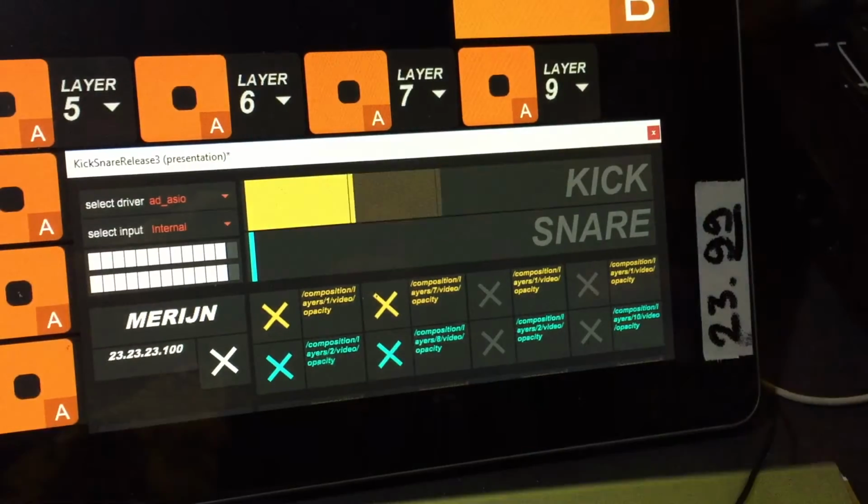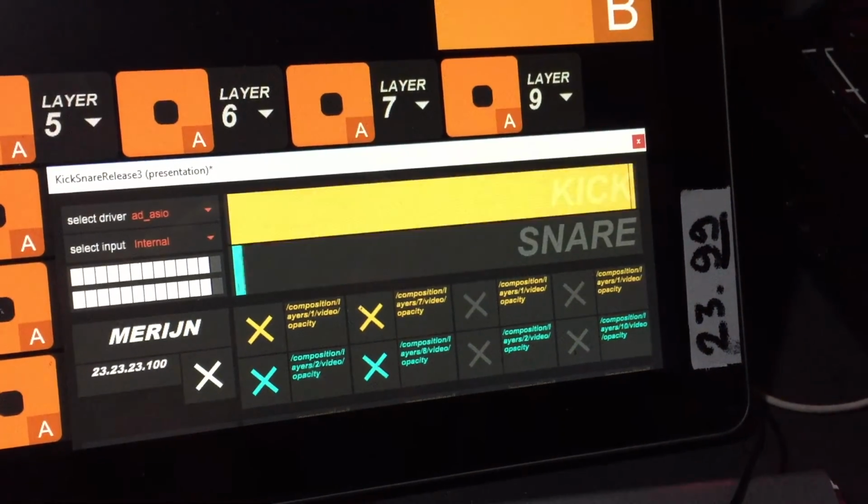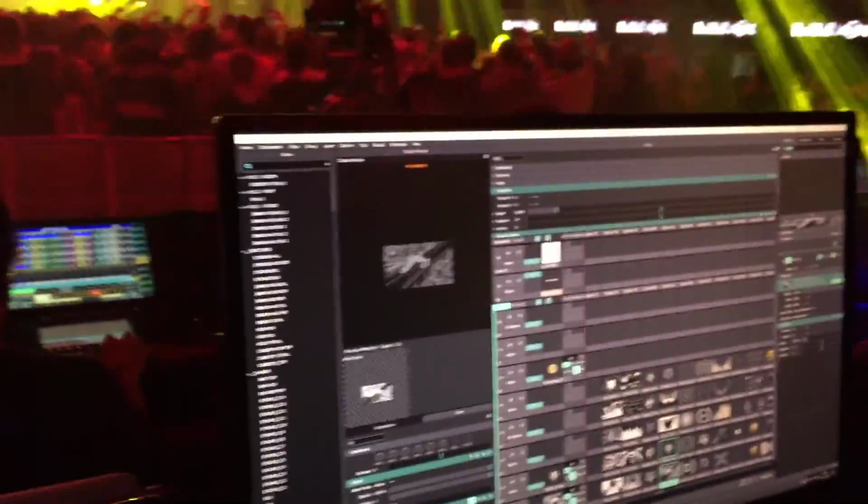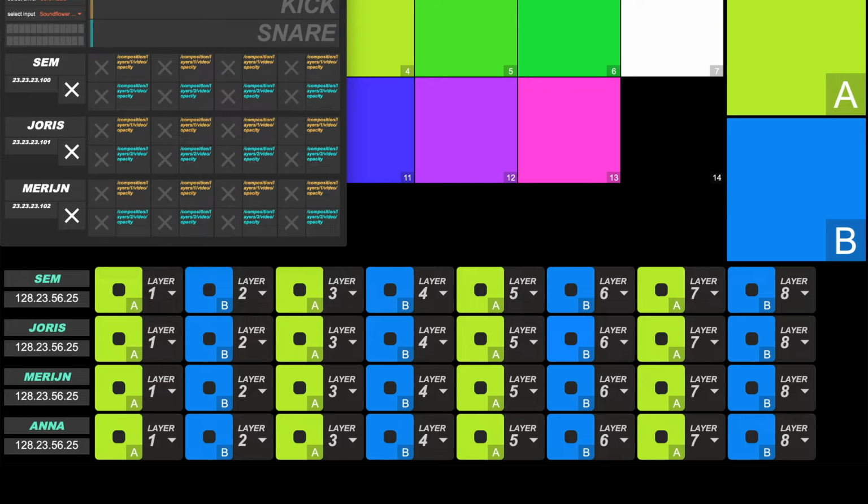It's a kick snare extractor. If you throw in most drum and bass or dubstep music, it can fairly most of the time detect what is a kick, what is a snare, and it will instantly do that. And yeah, you can send over these envelope followers to OSC. Most of these apps are OSC based,